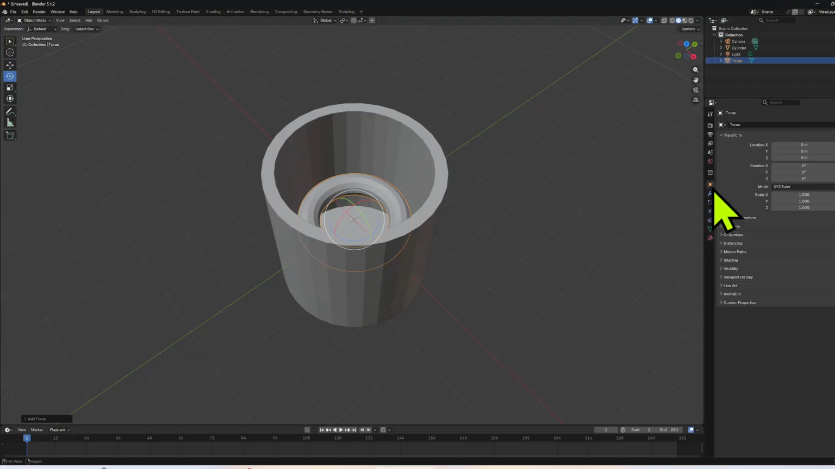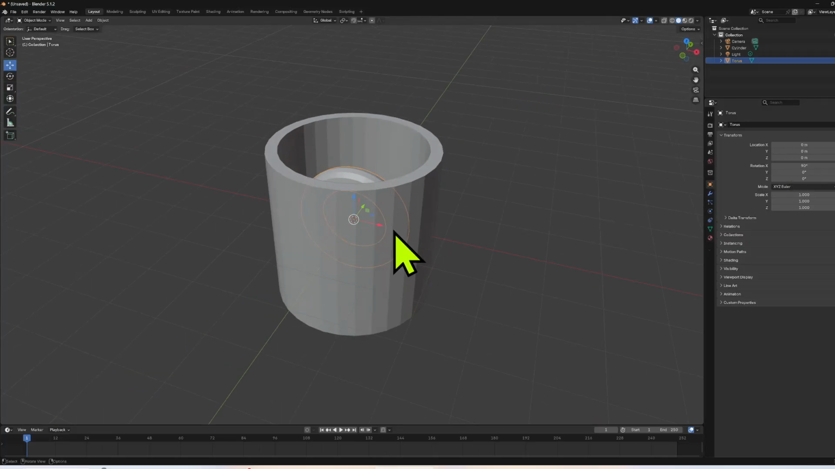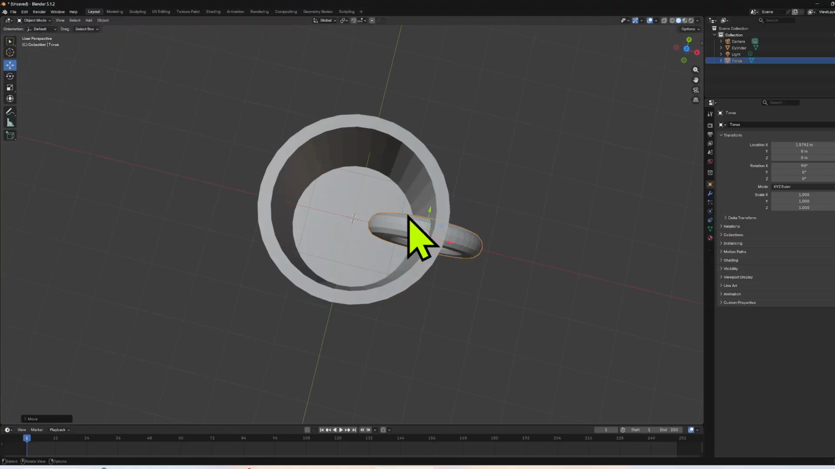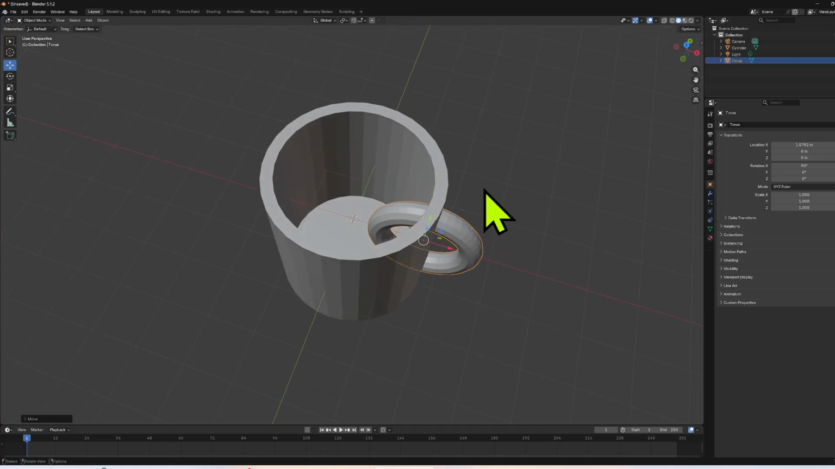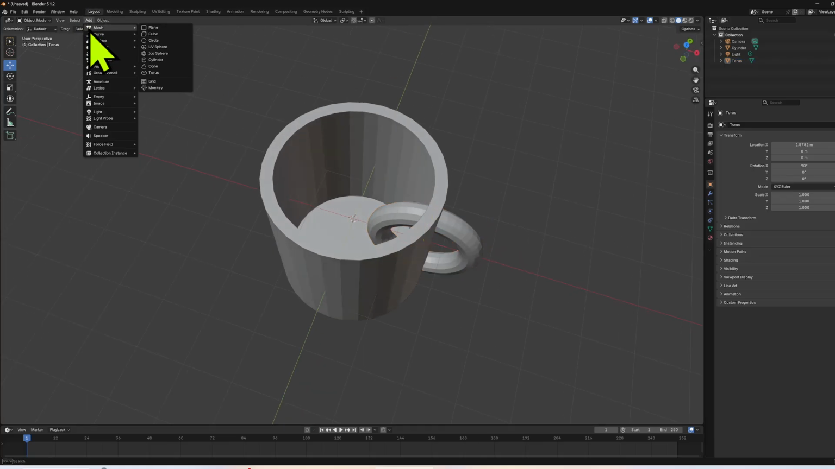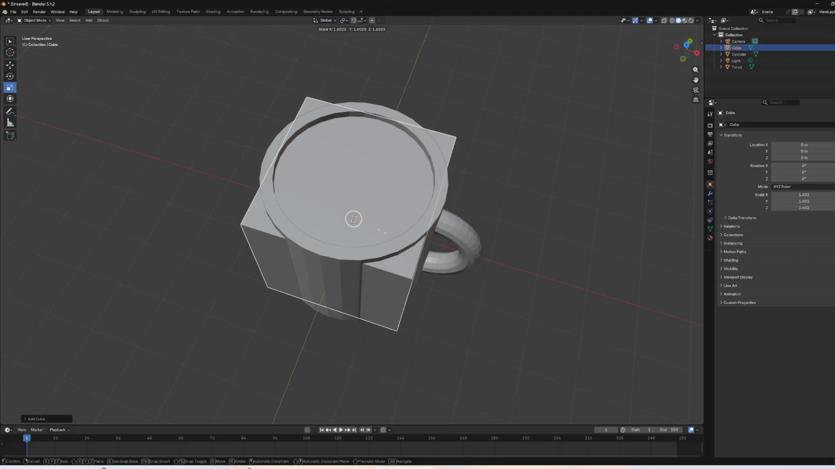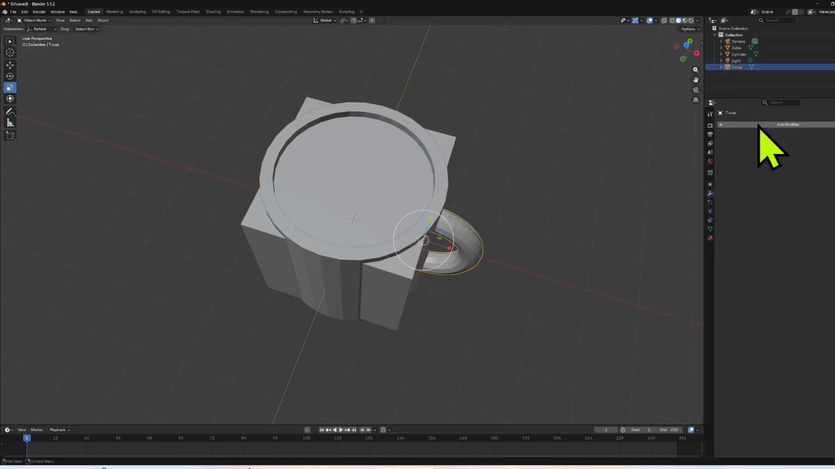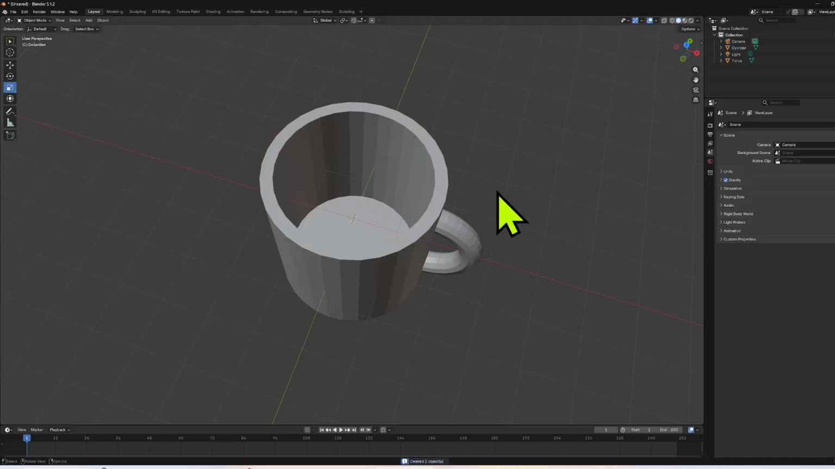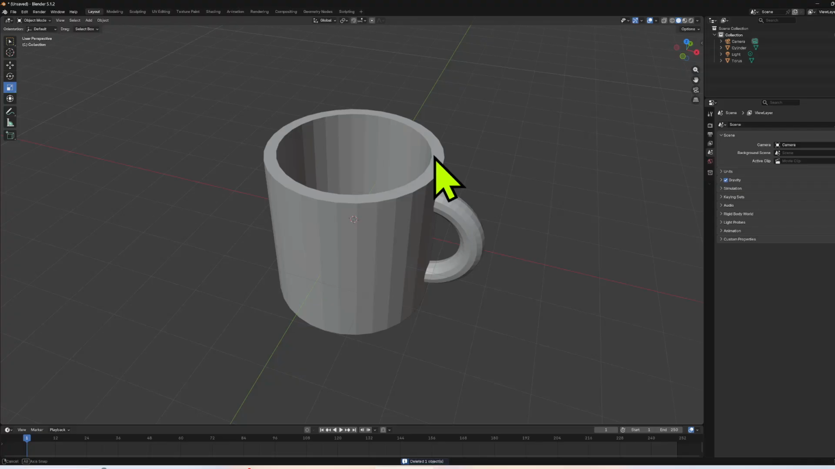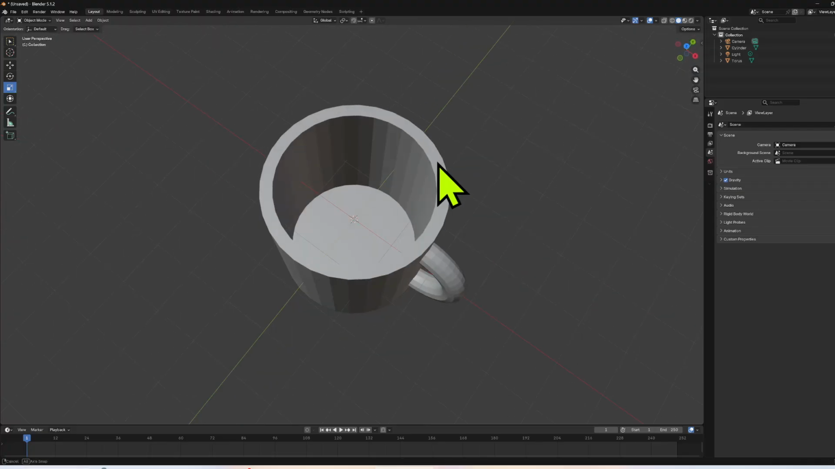So, we're going to rotate it 90 degrees on the x-axis. And now, we have our little handle. But because we don't want it sticking into the mug, we are going to add a cube and use a Boolean on it to subtract away that cube from the torus. So now we have our little mug, and we're almost done now, but the next thing that we're going to